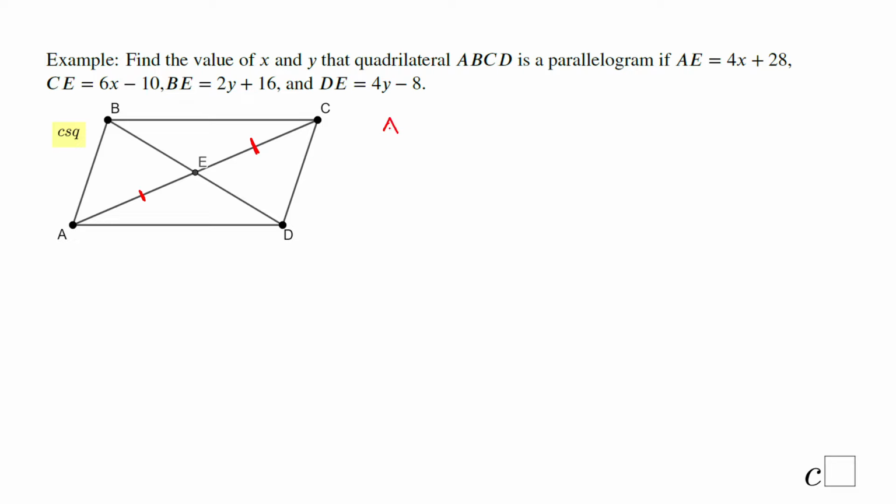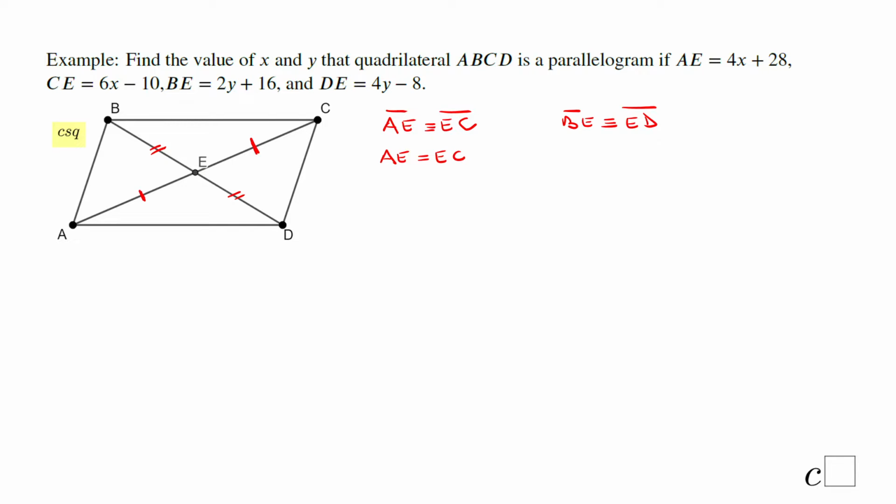We should have AE congruent with EC and also BE, and let me put these segments here, BE, I apologize, congruent with ED, because that means the diagonals bisect each other, and that is a way to prove that the quadrilateral is a parallelogram. So now I'm going to write the second statement here, AE equals EC, right, the definition of congruent segments,